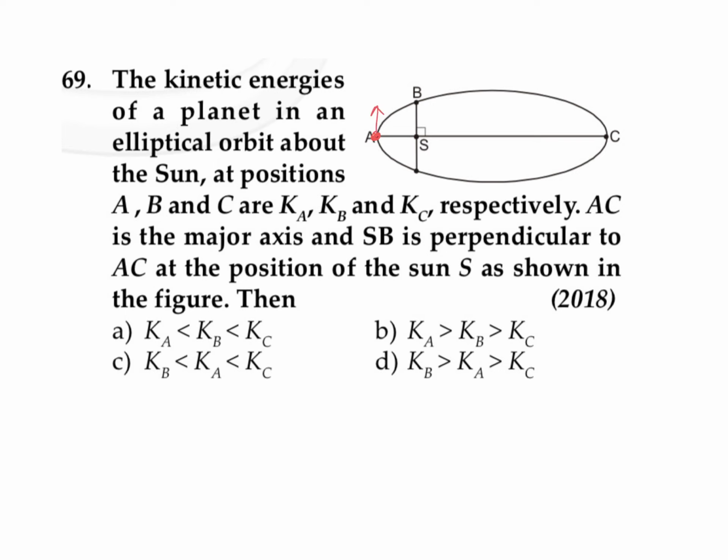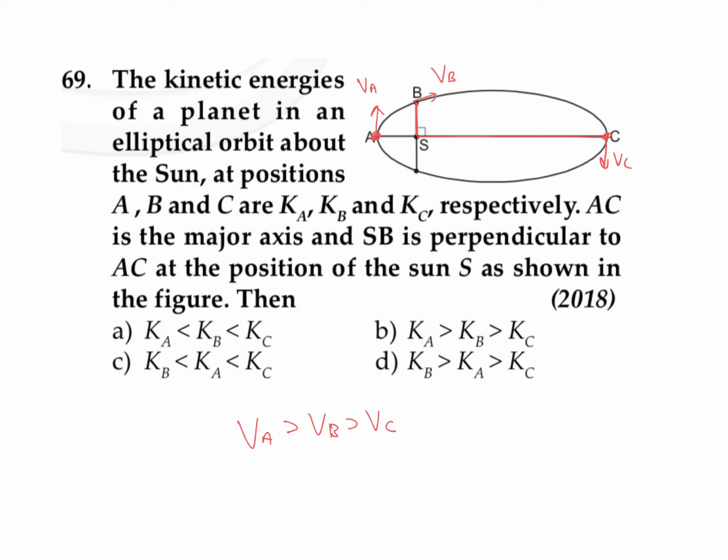the velocity will be maximum. So velocity at A, and if we are considering the point B over here, its velocity is going to be less than that of velocity of point A. And if you're considering point C, the distance is maximum. So when the distance is maximum, velocity will be minimum. So we can say that V of A is greater than V of B, which is greater than that of